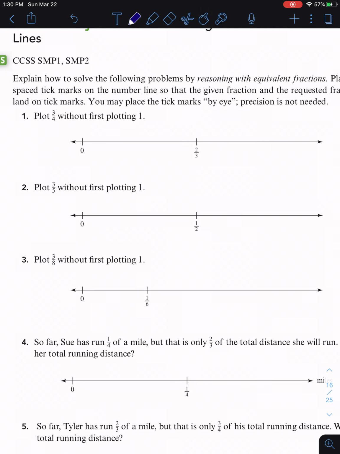So what we have right now is we're looking at thirds, and we want to be able to plot quarters. So is there a number of pieces that we could use to fill the hole so that we could look at thirds and quarters? And if you remember, 12 was a really good number for that, because 1/4 of 12 is 3, and 1/3 of 12 is 4. So if we could find what a 12th is, then we would be able to plot